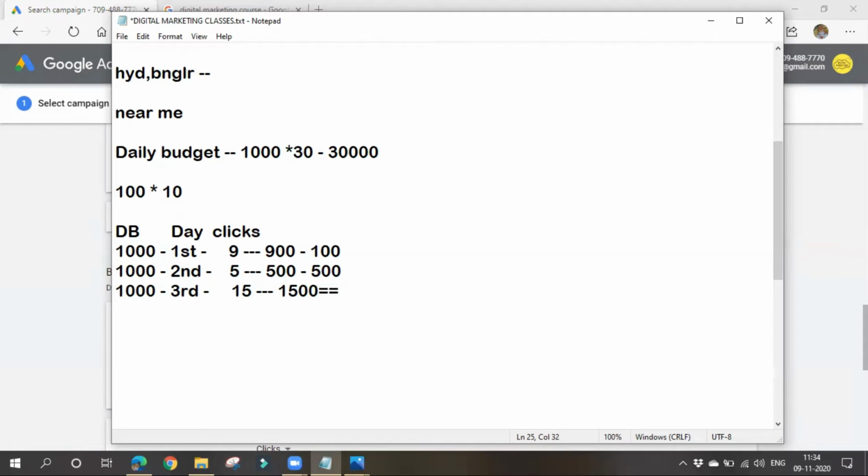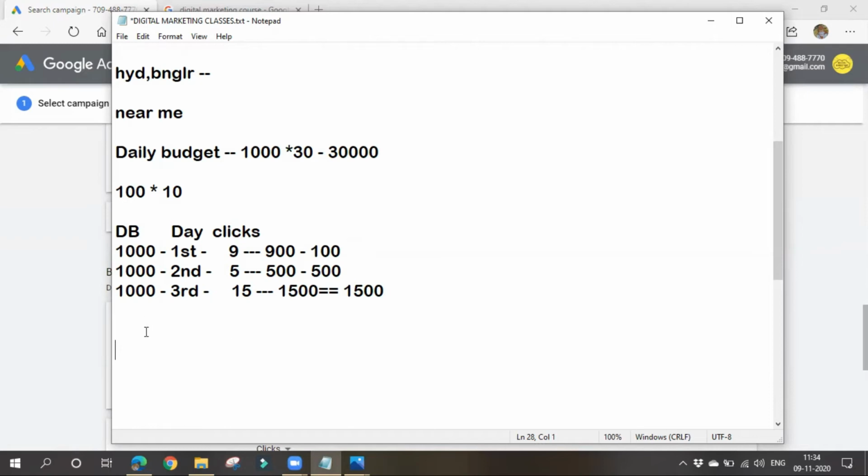So now what Google will do is, actually your daily budget is 1,000 only. You should not take more than that. But as you saved some amount of money in the earlier days, it will take that amount also into consideration, and it will be spending a total of 1,500 rupees. So in some days it might spend less than the daily budget. In some days it may even go up to twice your daily budget. Sometimes it may be equal to your daily budget, sometimes less, or more, up to twice your daily budget.